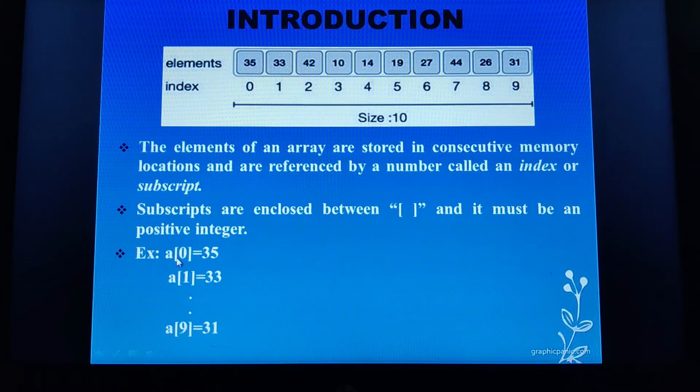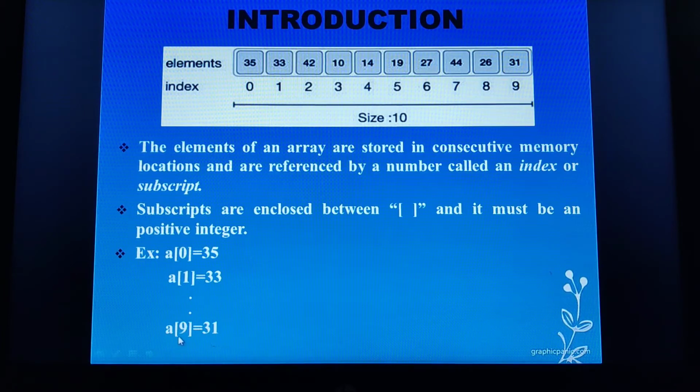But the same thing if I write a of 0, it is actually referring to the element. Simply if I write 6, 6 is nothing but the position. But if I write a of 6, then I will be actually referencing the element which is present at the 6th location.